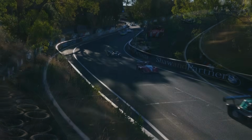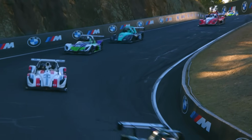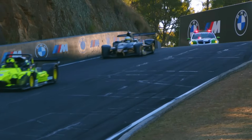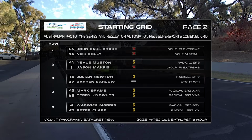A little bit of exotica on the racetrack now as we turn our attention to the Australian Prototype Series, joining forces with regulator New South Wales Supersports, but a great field regardless. A little bit further back is Mark Lauke, the bright yellow and black Lauke Flour Mills entry. He's a former champion of this class. Starts this one down in 16th because he had an off at turn 1 and was parked in the gravel in